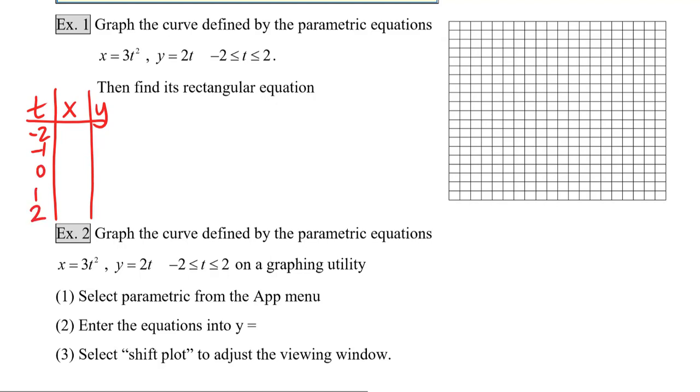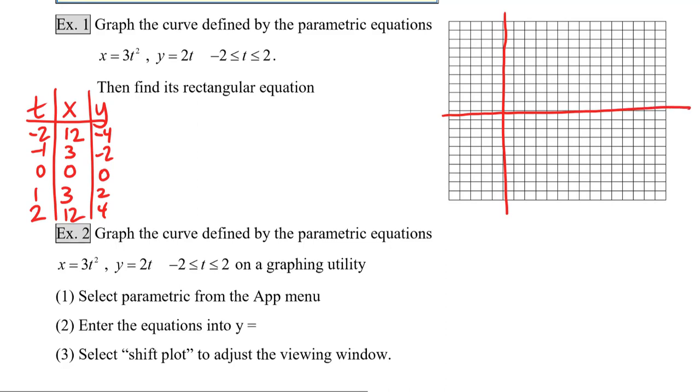So if I plug in a negative 2 into x, I wind up with a positive 12. If I plug negative 1 into x, I wind up with positive 3. A 0 gives me a 0, 1 gives me 3, and 2 gives me 12. And if I plug in a negative 2 into y, I get negative 4, then negative 2, 0, 2, and 4. So now I'm going to go over to my graph and I'm going to draw my y-axis, my x-axis,